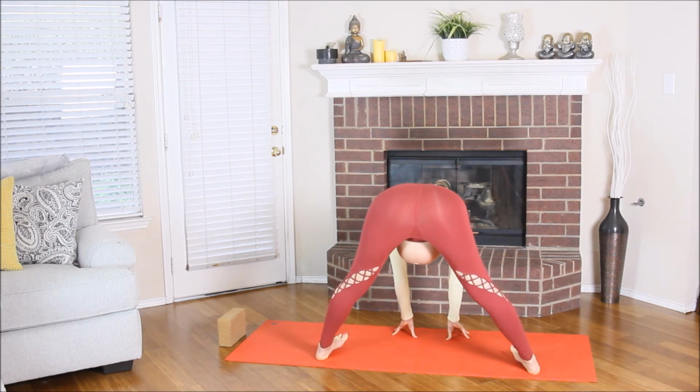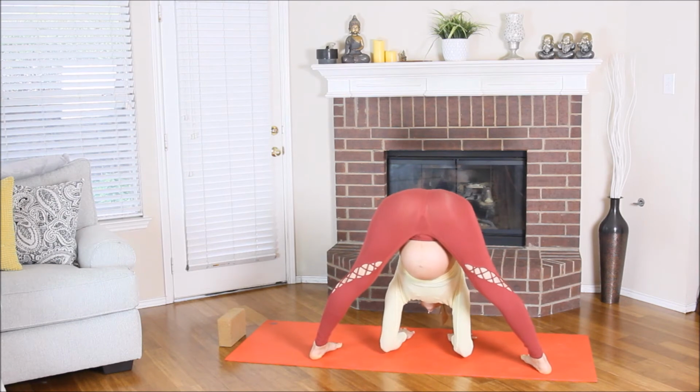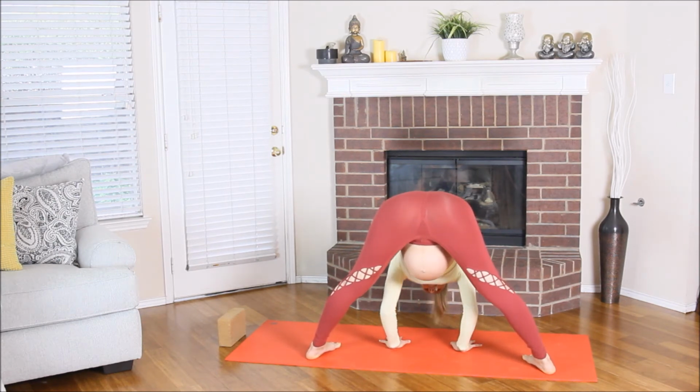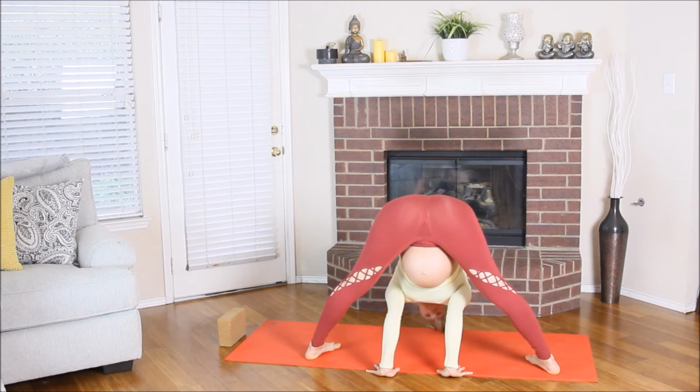Again, both feet parallel to each other. Inhale, glance out, halfway lengthen. And as you exhale, fold forward again into straddle forward fold. Prasarita Padottanasana. Maybe here, see if you can walk the hands backward, backward, backward, backward, and stack your elbows over